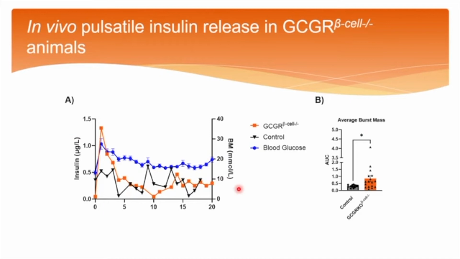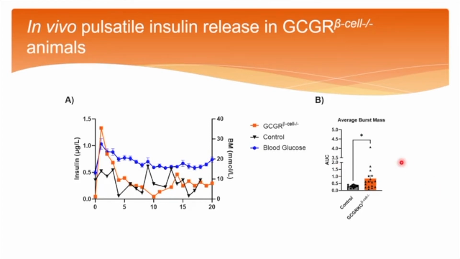So this here is a rapidly sampled, essentially a type of an FSIV-GTT. Here we give our knockout animals in orange, or our glycemic controls in black, a bolus of intravenous glucose, and at the same time as transfusing back blood, because we had to so frequently sample, we sampled very, very frequently for insulin levels. And in essence, in our group analysis, we show a significantly altered burst mass pattern in terms of insulin pulsatility or pulses of insulin secretion in the first phase,